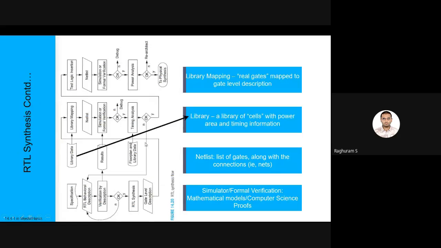After that it goes here, where there are some new terms: library and library mapping. What this means is, we have gates, right? There is no constraint on the gates that are produced in this stage. For example, an 8 input AND gate might be there somewhere, maybe in a very complicated structure for your specification. So RTL synthesis produces an 8 input AND gate, and logic optimization is not able to reduce that. The problem with that is,